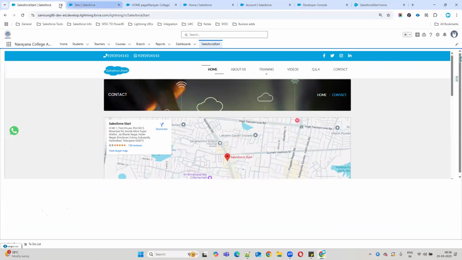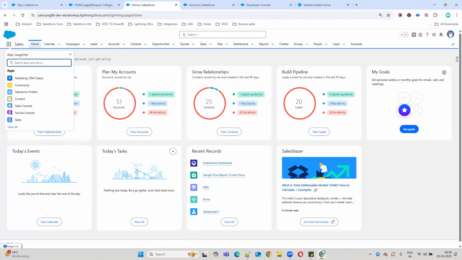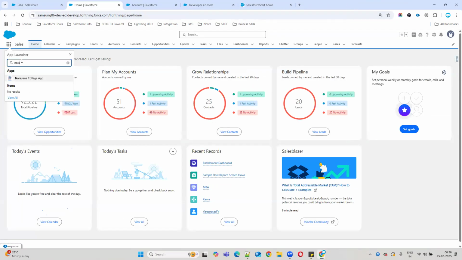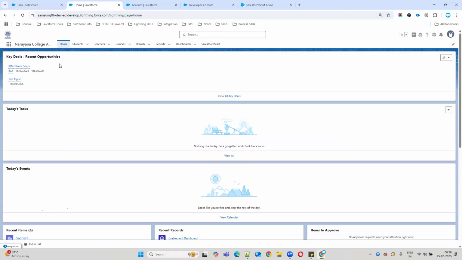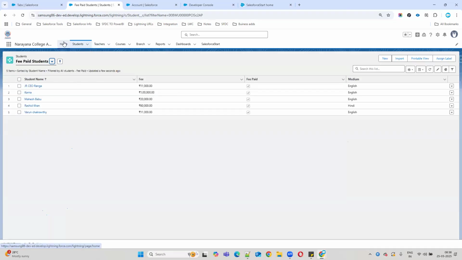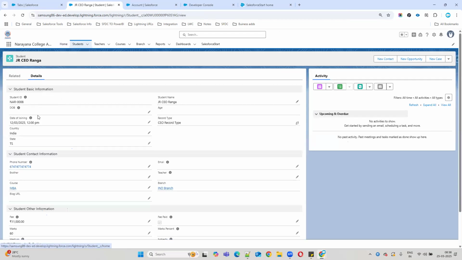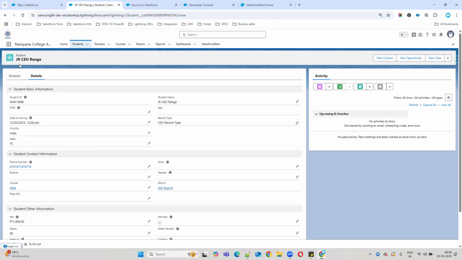if you go to this app, Narayan School app. If you open any record, sir, apart from the home page, all except reports, dashboard, and home page, whatever objects we have, for everything you can create a record page. Right? For example, if you see in the student object, what are the things that are there normally? So this is the record details and related list.